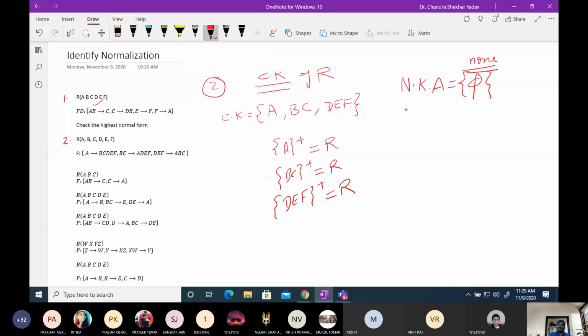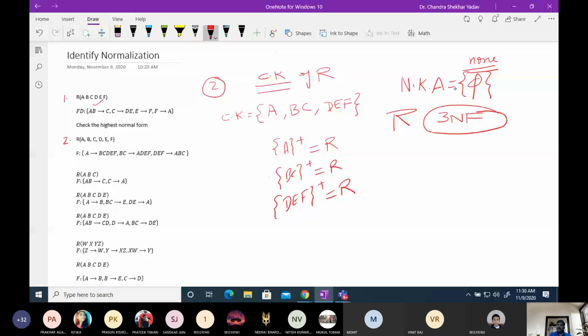And if non-key attributes are none, then what is the normal form of R? BCNF. BCNF नहीं, then you can say that it is in third normal form. BCNF के लिए तो चेक करना पड़ेगा।